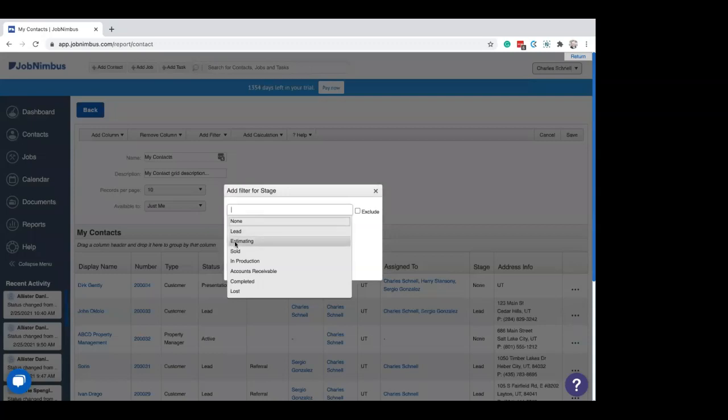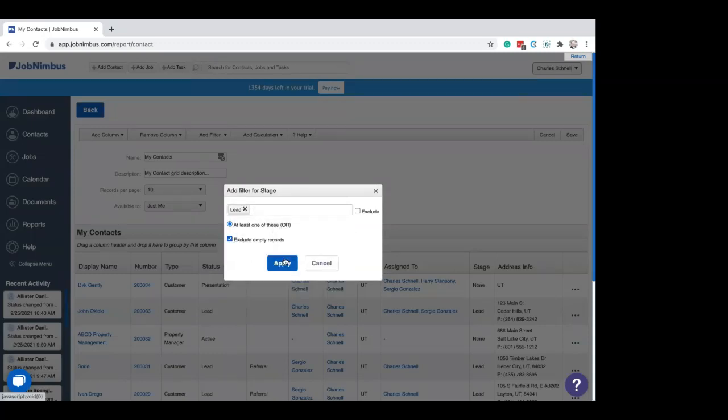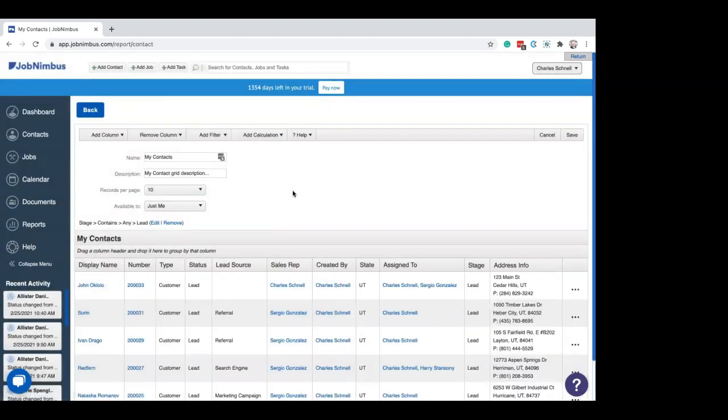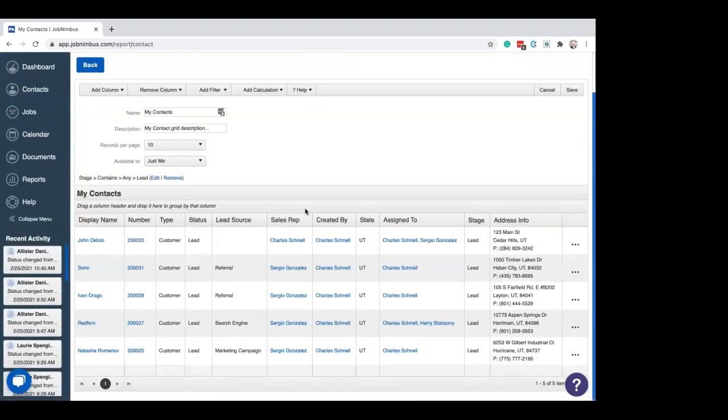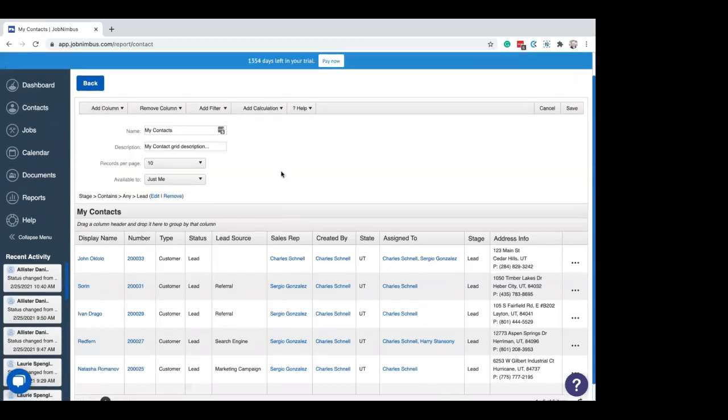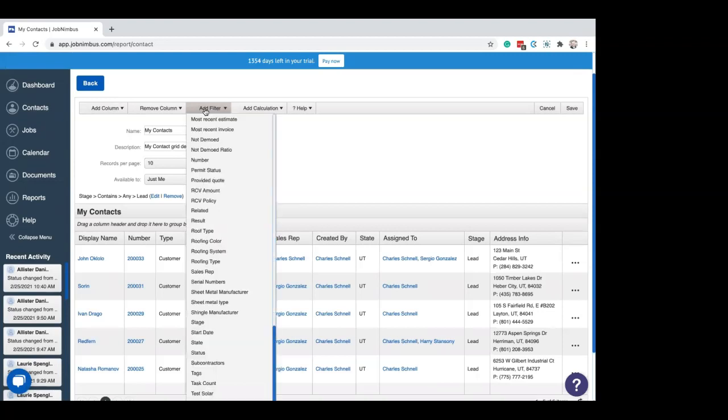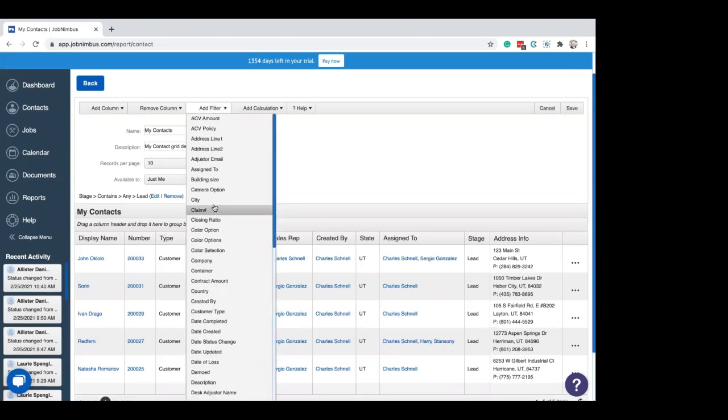We're going to select Lead. We're going to exclude any empty records so that we're only getting things that are designated as leads in our workflow. Now we've gone from all of our contacts to just 5 in this very robust account. Next thing we're going to do is we want to see only the leads that haven't been touched for a while, the ones that haven't moved